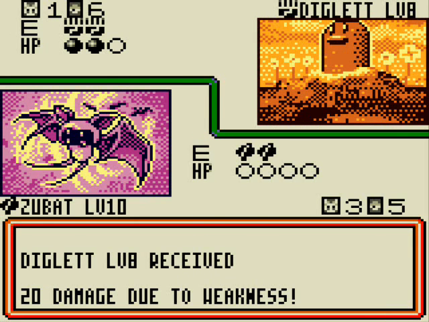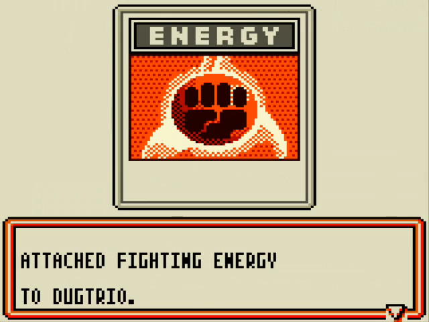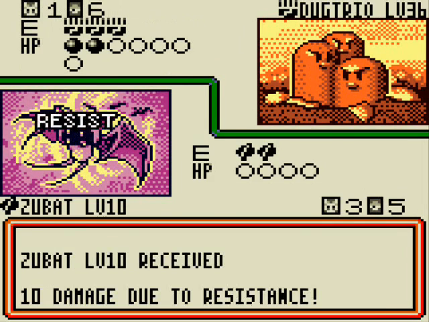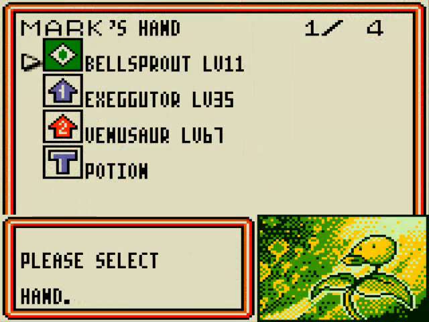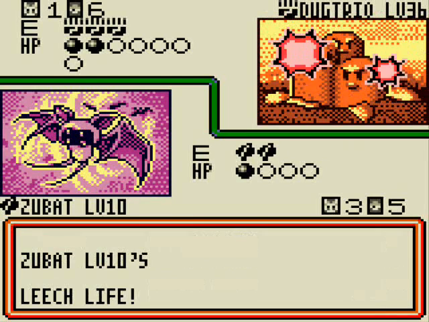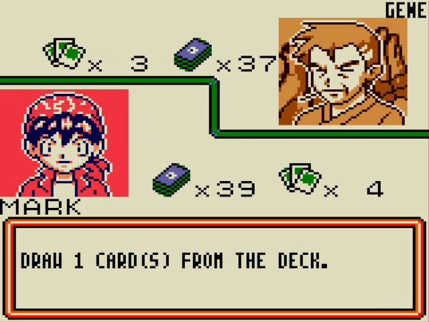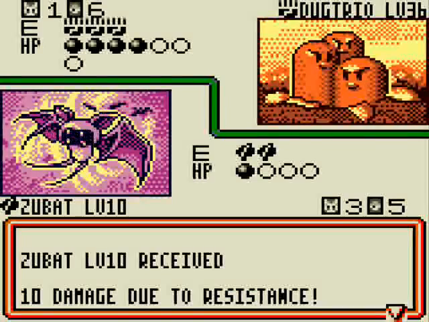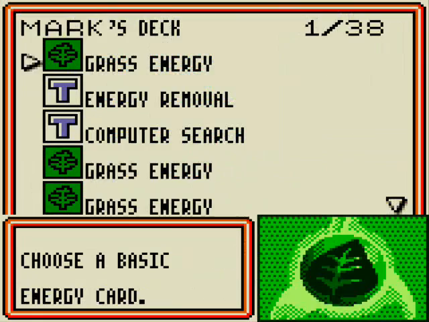Dugtrio as well is also very threatening. It can use Slash for 40 damage, but if it can get one more energy card on it, it'll use Earthquake for 70 damage at the cost of damaging each of the Pokemon on his bench by 10. So all in all, his evolved Pokemon are definitely not to be underestimated. Fortunately, however, as I said earlier in the duel, Zubat resists